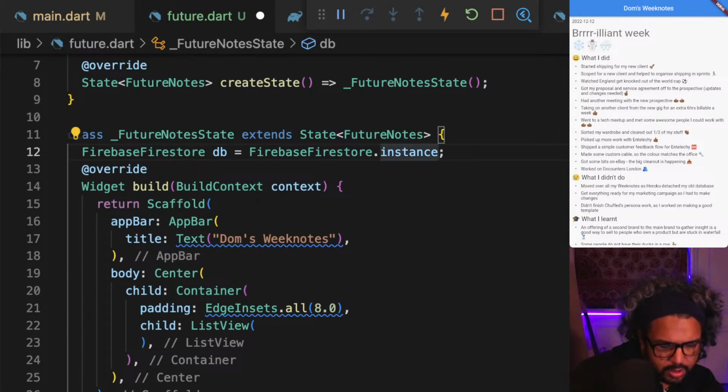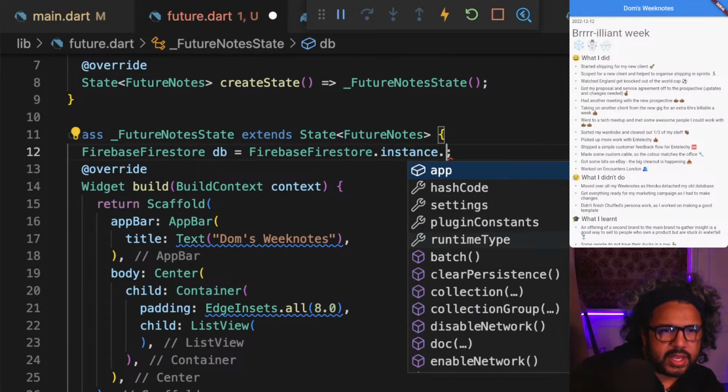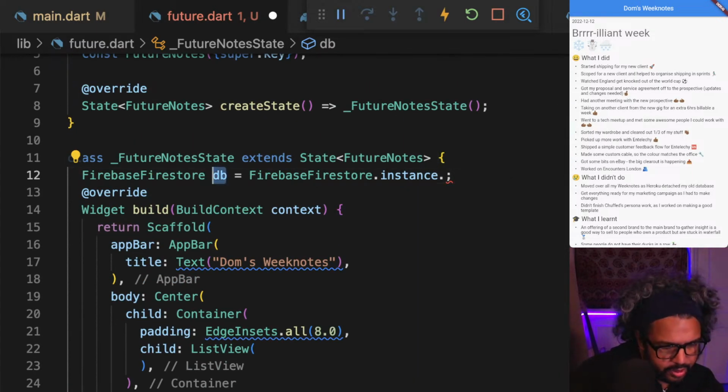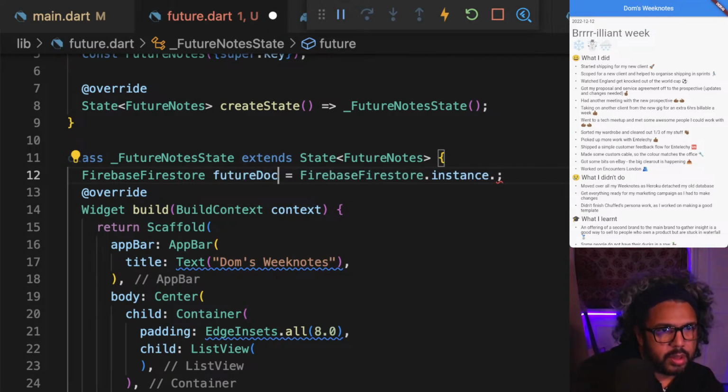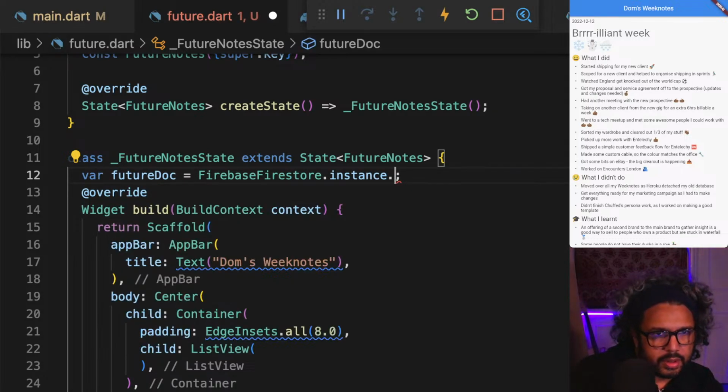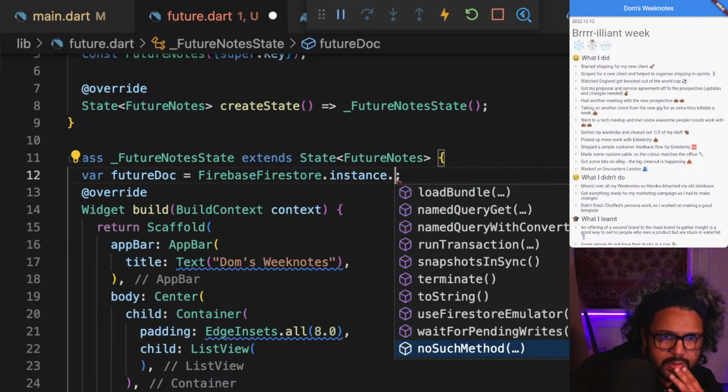But I could go a bit further and just literally stick it in, just get the document, because I'm just going to be rendering that doc. So I'm going to call this future doc. Let's change that to var for now. Instance dot